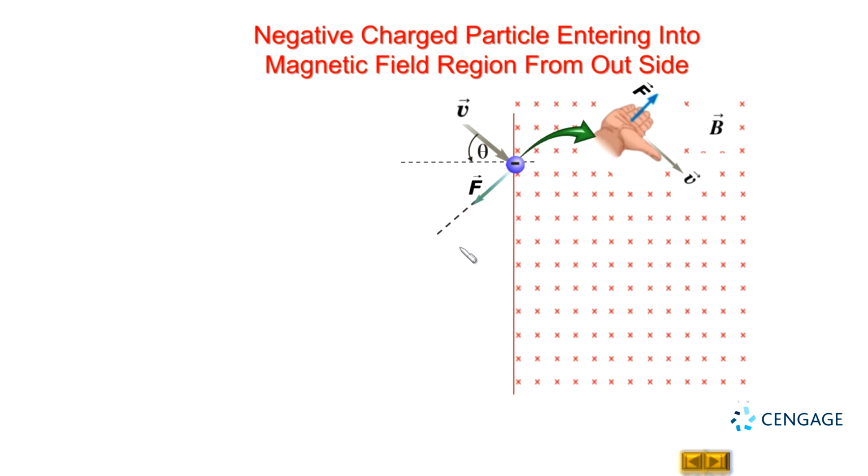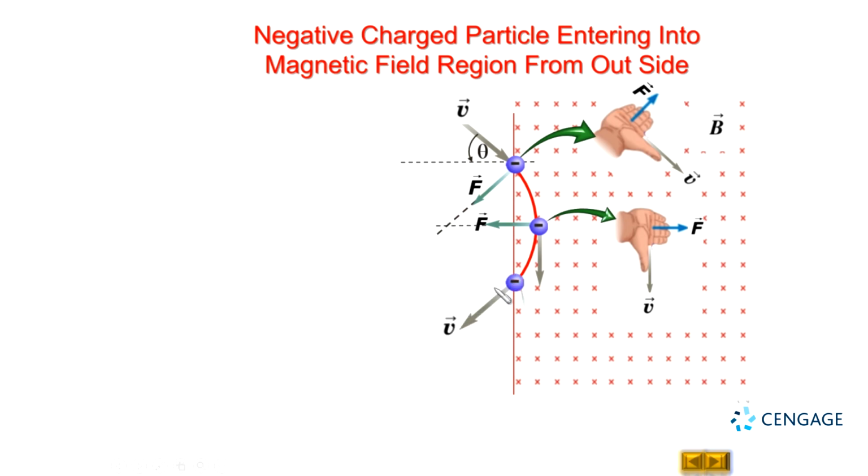Because of this force direction, because force is perpendicular to the velocity, the charged particle will turn into the circular path like this, right? And it will come out from this position. And if we want to find the direction of the force at this position, we can again apply the same rule, assuming this as a positive charge, and reverse the direction of the force because it is actually a negative charge. So direction of the force on this negative charge will be here. So this is the position of the center of the circular track. Similarly, at the last point, you can follow. So this is the center, correct?